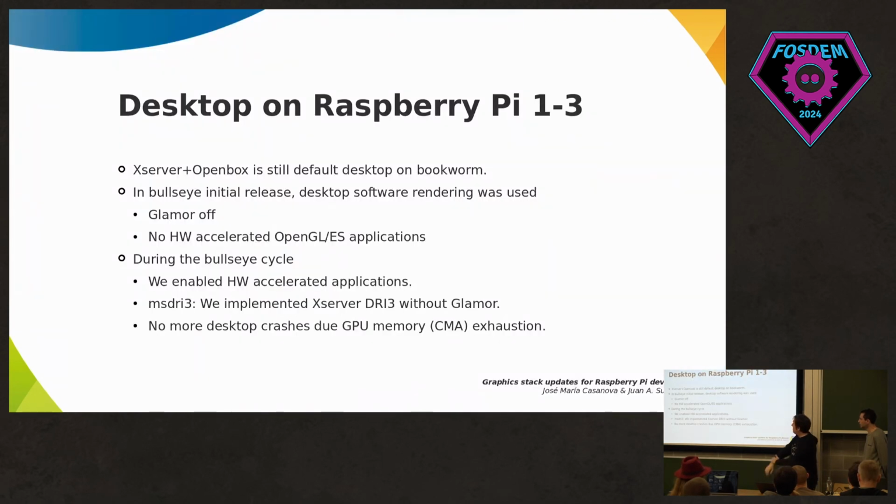And well, now we go to the desktop on the previous generations of hardware. We are still using the X server with Openbox. This is the file we have. It has been the same way since Bullseye. We didn't transition to Mutter. The main cause of still using this is that we need to use software composition. We use the CPU to render the desktop, because the hardware is supposed to have a memory limit that